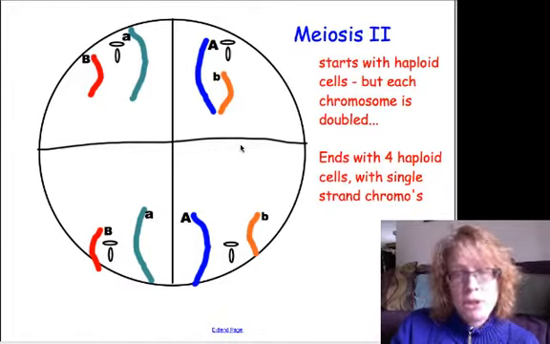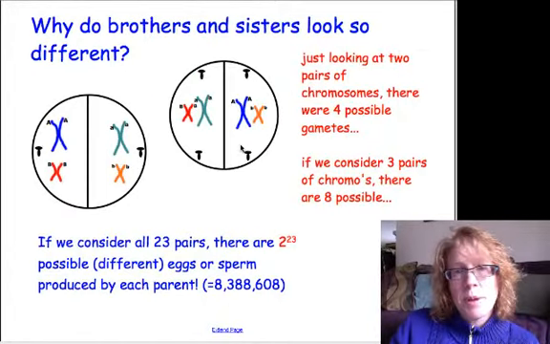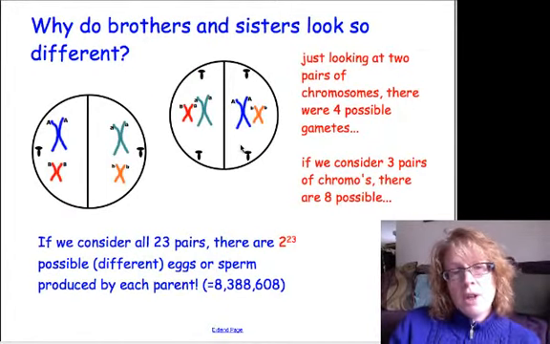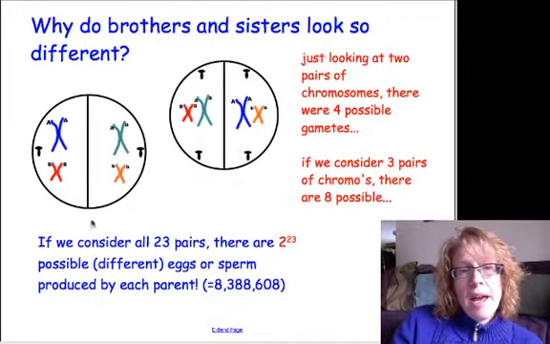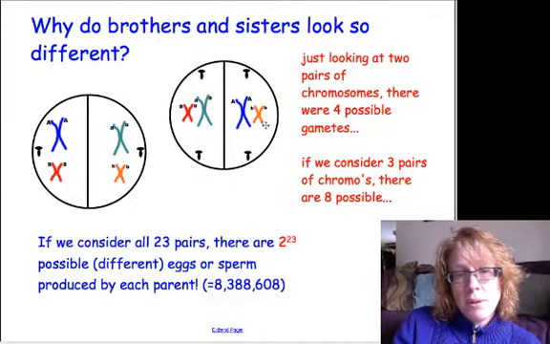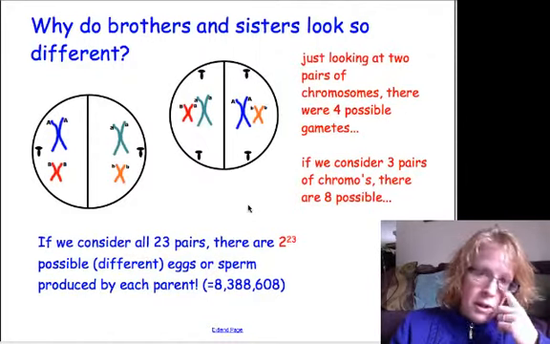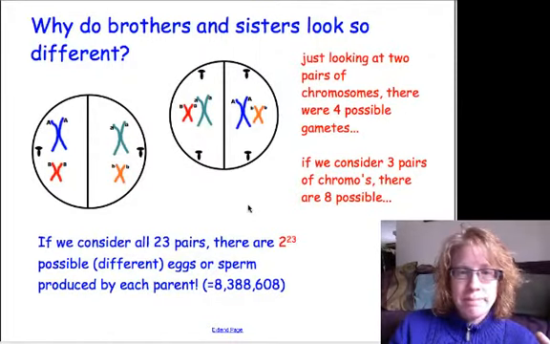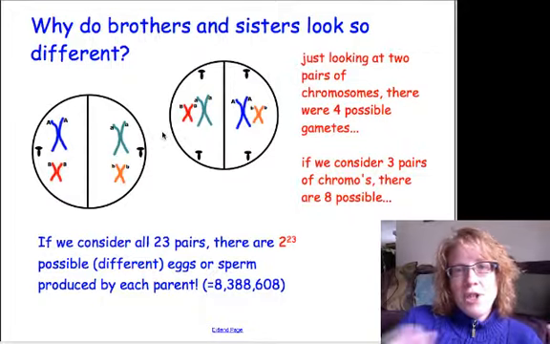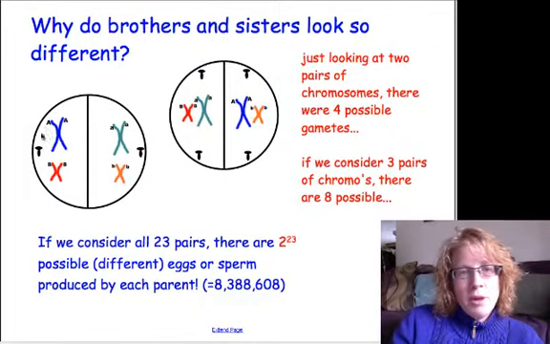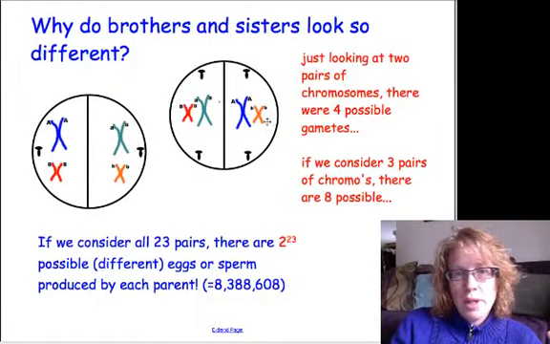So let's go back to that original picture. How is it possible that all these brothers and sisters can look so different? If we think back, we had several different ways, 1, 2, 3, 4 different ways, that we could have independently assorted those chromosomes into eggs and sperm. If we just look at 2 chromosomes, there's 4 possibilities. 1, 2, 3, 4. And each one of these could end up being the egg or the sperm that ended